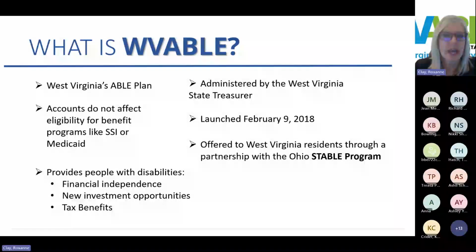Individuals can now save for an emergency fund. They can save for the long term. WVABLE accounts also provide tax benefits. So just like a 529 education savings plan, in West Virginia, that's the Smart 529 plan, the earnings from the investments grow tax-free. And the earnings remain tax-free as long as ABLE funds are spent on what's called qualified